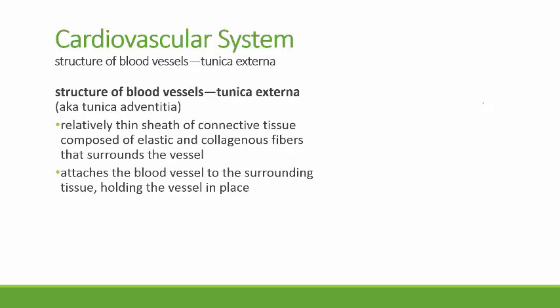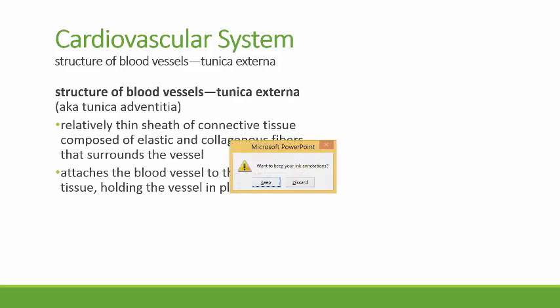And then finally, the outermost layer, the tunica externa, which is connective tissue that forms a sheath around the blood vessel and holds it in place in the tissues. Okay, so there we've got it. And we'll move on to the next